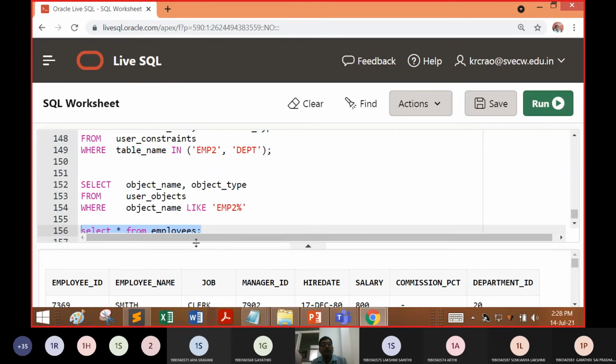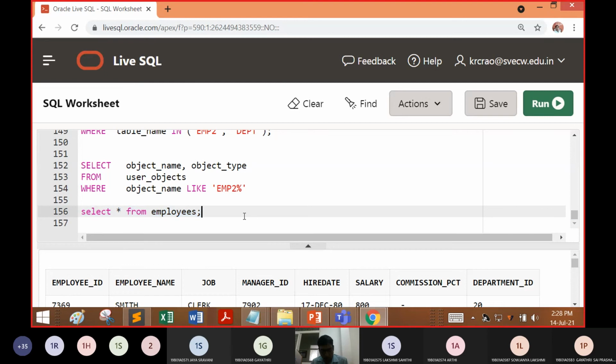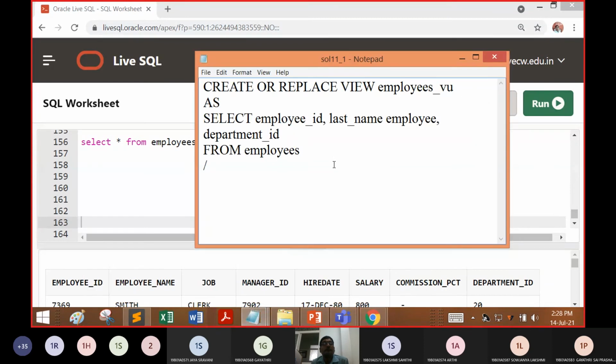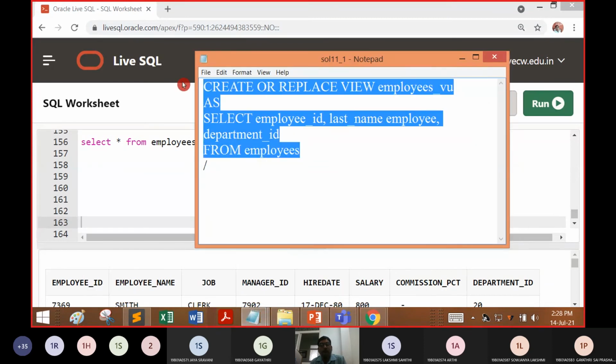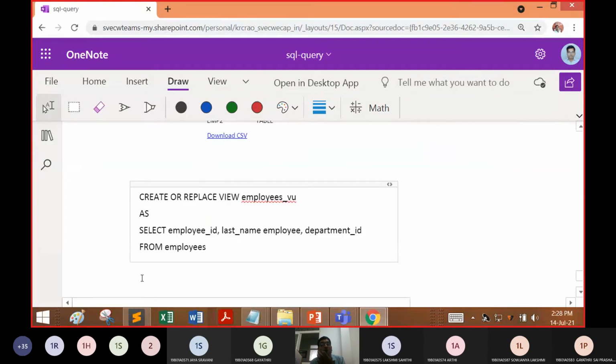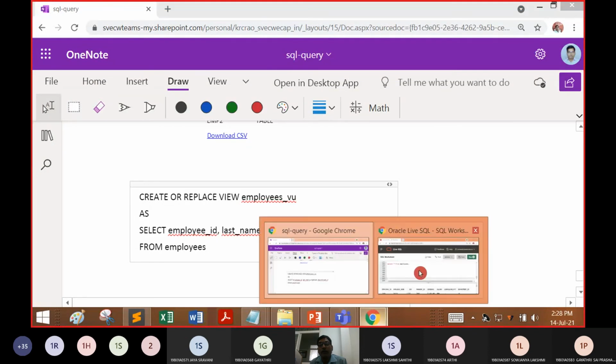Now you can see employee ID, employee name, job. These are the different fields in the employee database. Now let us start working on views. I have put this query in the OneNote. You can work parallelly with me.